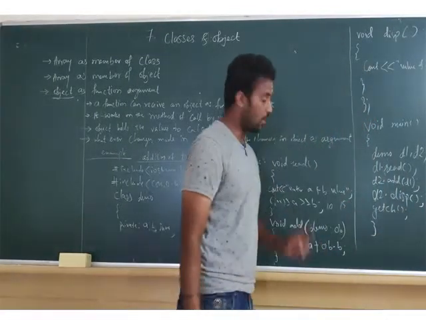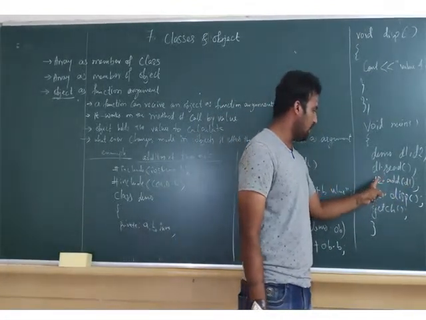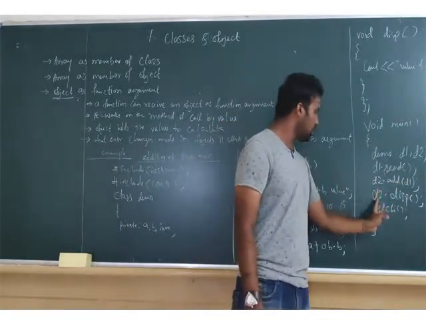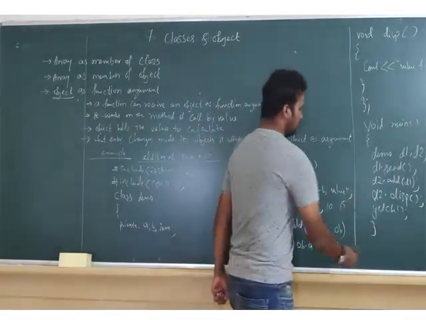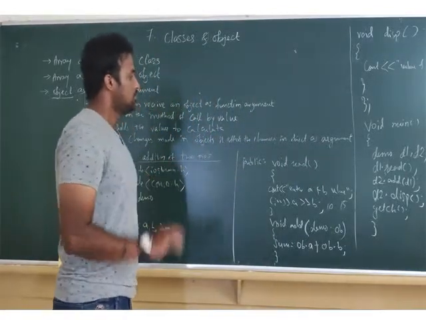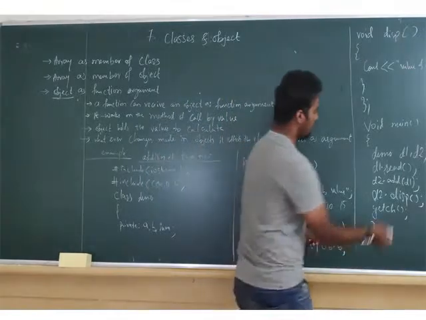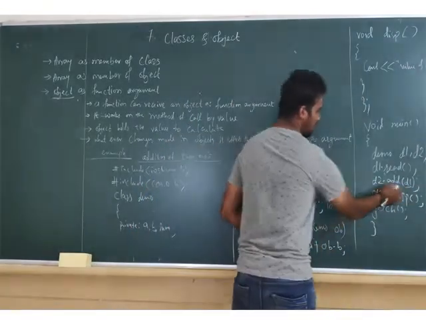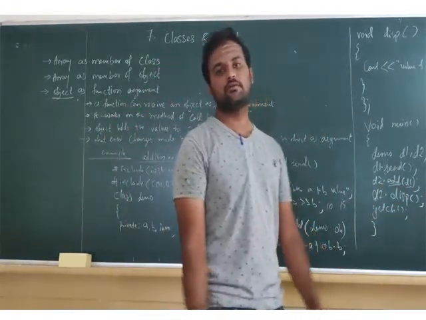See here what is happening again. In d2, the d1 answer is stored, and in d1, a and b value is stored. d2 got the answer, so again d2 dot display as writing. See here, number of argument is 1. Same here also number of argument is 1. Function name is add. Function name is add. So automatically 100% it will execute properly.